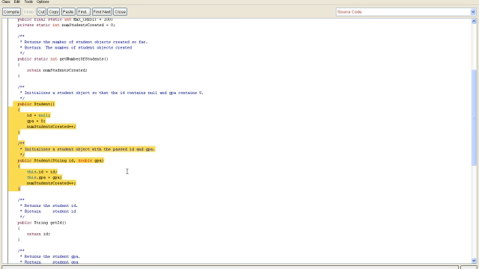It's the same as the C++ language, the same concept. Here we initialize ID and the GPA in the default constructor, and we remember to update the number of students created, because now some students got created. We need to increment this static variable. And similarly, in this constructor, we initialize the ID and the GPA with the passed-in arguments, and we update the